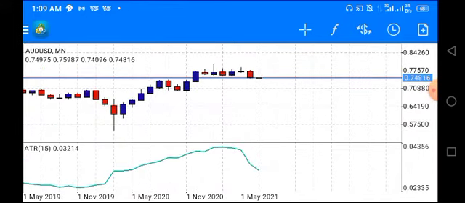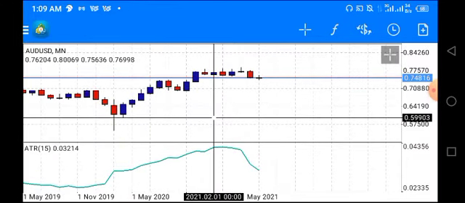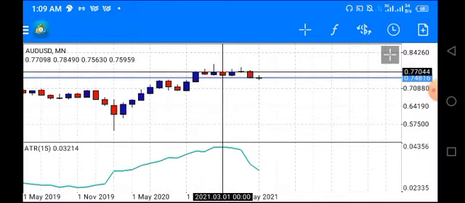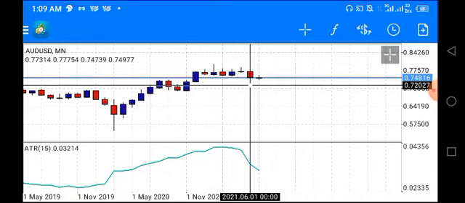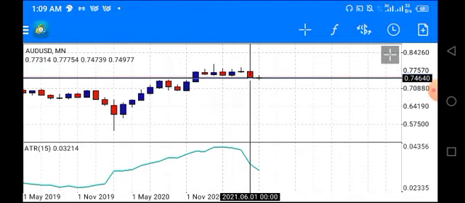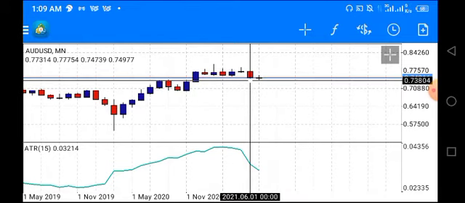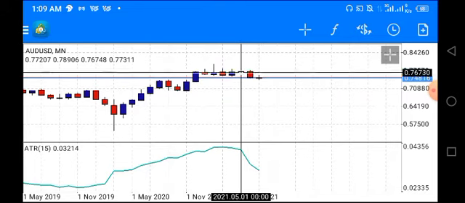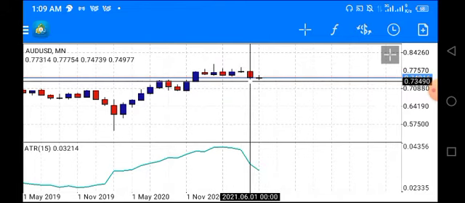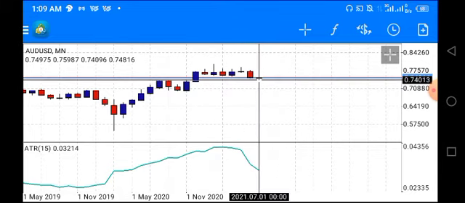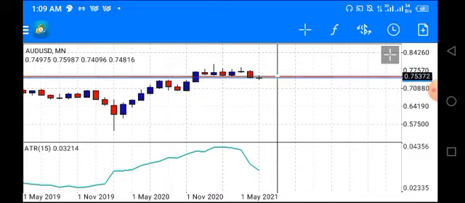It closed bearish. You can see we have some weak candles here. Last month's candlestick closed bearish, which indicates that we had lots of sellers in the market last month. Sellers dominated the market from the beginning to the end of the month. And currently today is the 9th of July, and you can see we have